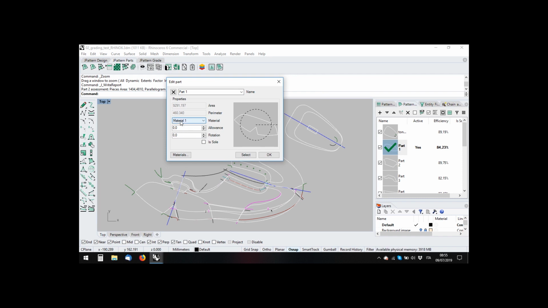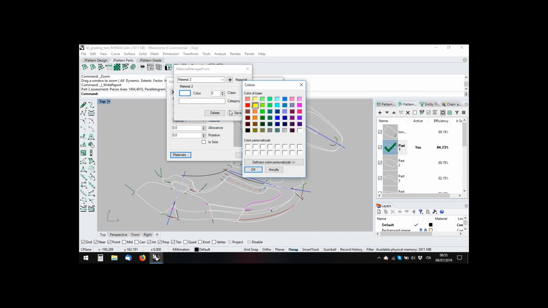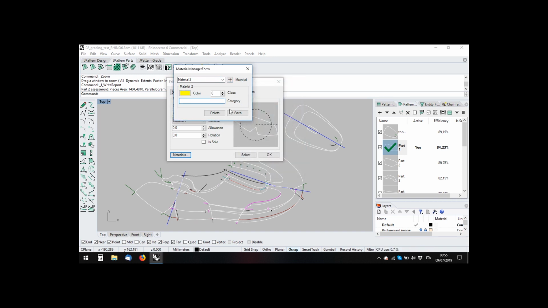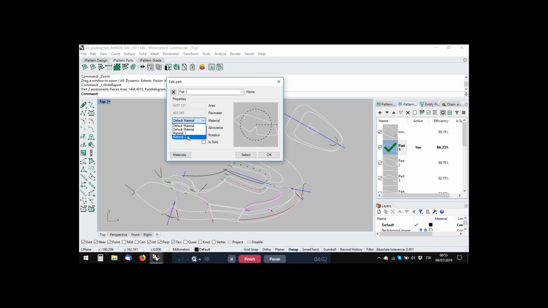So not specifying by writing it, but creating a set of materials by going here, and maybe I already have a material 1, so I'll say material 2 and change the color and save. So now I have my material 2,